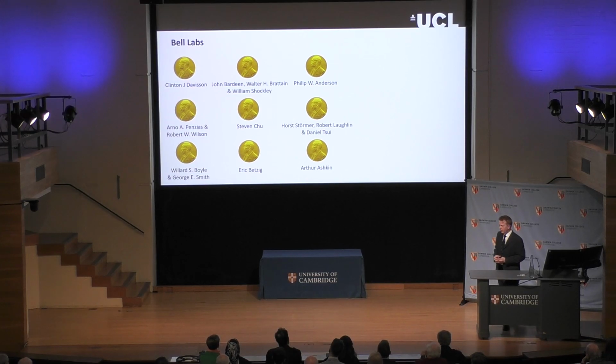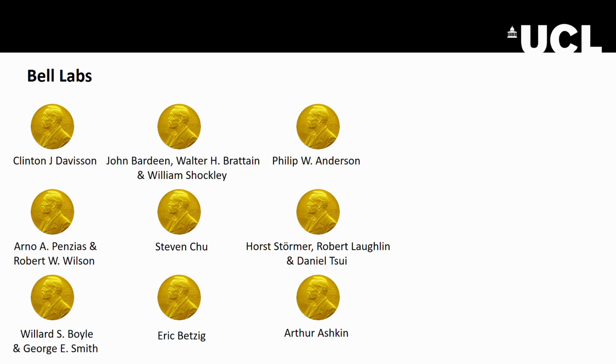We were discussing Nobel Prizes earlier with the master. The Bell Labs actually laid claim to 9 Nobel Prizes, 8 in physics and 1 in chemistry. Some very significant advances. So Penzias and Wilson was the observation of the cosmic microwave background. Clinton Davisson for the wave nature of matter. Steve Chu, who will come up in our story again for laser cooling and so on. So remarkable success in the order of 9 Nobel Prizes, and